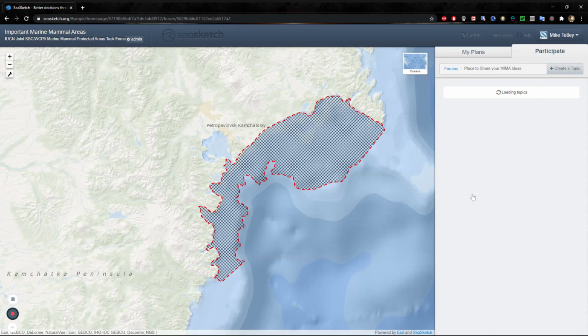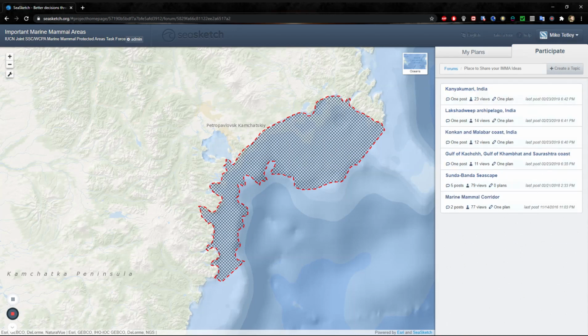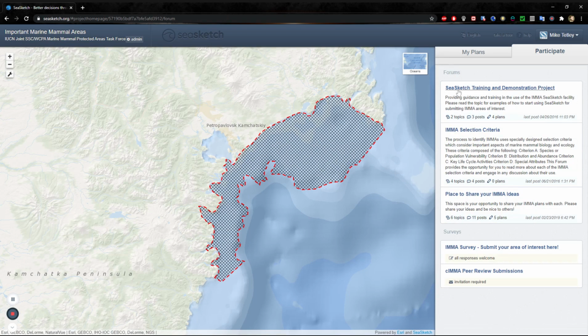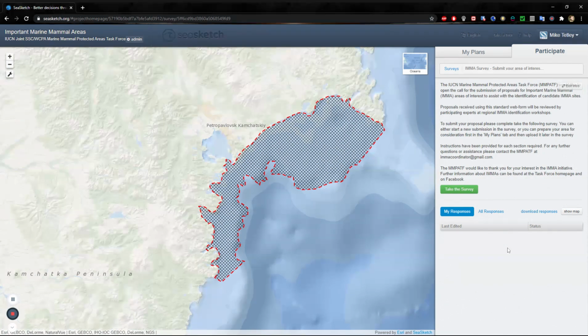You can place your IMAs on here, and some people have already uploaded areas which they've discussed at previous workshops. And also you can see areas where you can submit your IMAs for review. So for example, here's a survey you can take to upload your area.